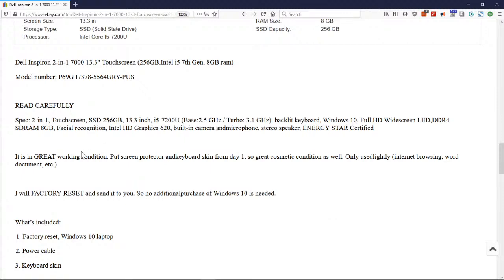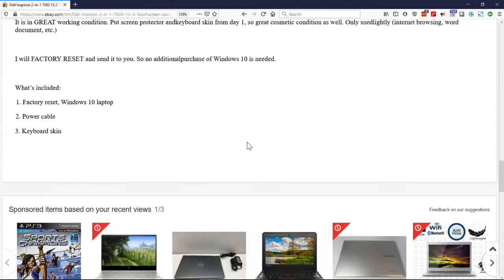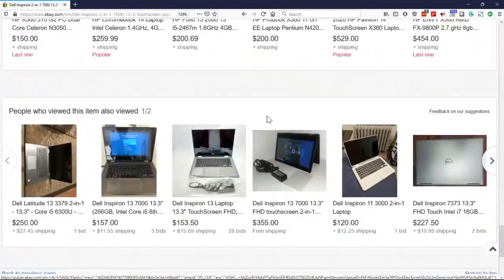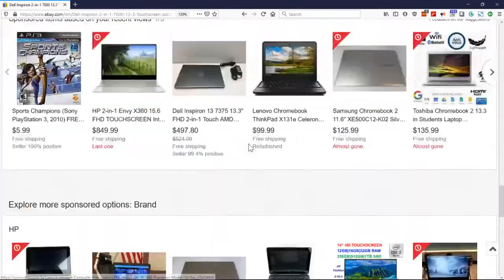Read carefully with the information. It is in great working condition. Put screen protector and keyboard skin on from day one, so great cosmetic condition as well. Only used lightly, internet browsing, Word documents. I will factory reset and send it to you, so no additional purchase of Windows 10 needed. That's a big one right there. So they're not trying to keep the serial key or anything. Power cable, keyboard skin. There you go. Power cable, excuse me. So if we go back up,